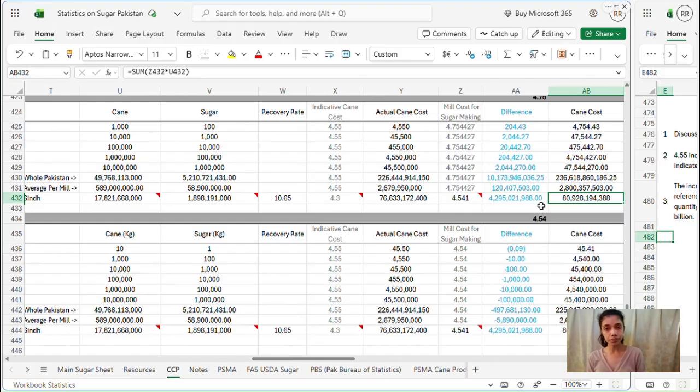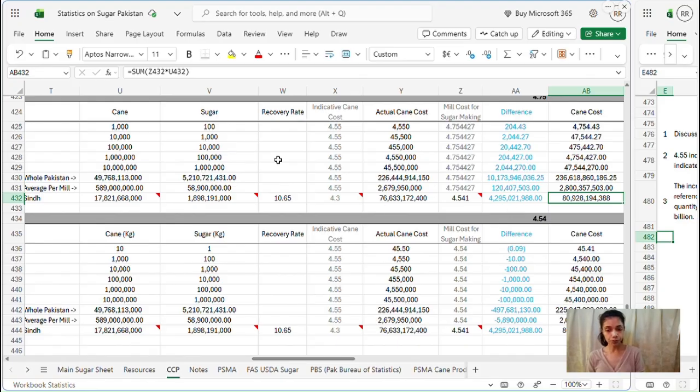When we convert it back in terms of how much cane or sugar that would be, we are going to divide this 4.2 billion rupees by this amount, 4.3, to find out the actual quantity of cane. So when we convert this 4.2 billion